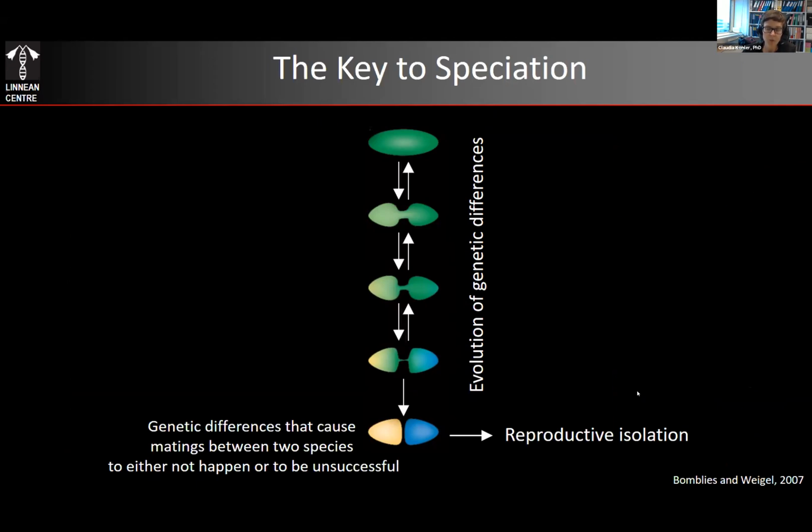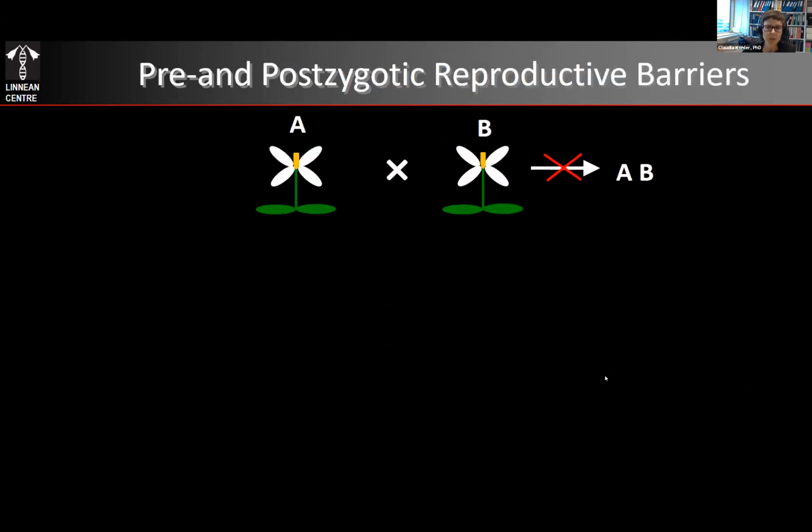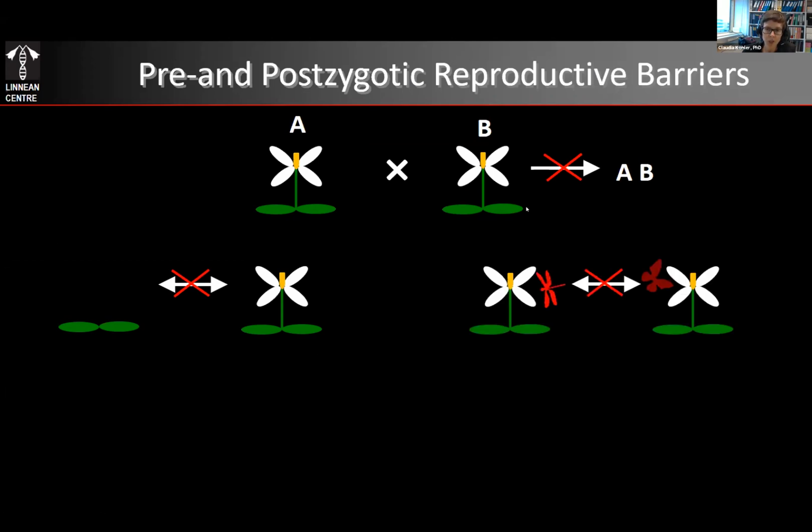And there are a multitude of reproductive barriers that either act before fertilization, and we term them prezygotic mechanisms, or after fertilization, and we term them postzygotic mechanisms. In both cases, they prevent the formation of a viable hybrid. Just to give you a few examples for prezygotic mechanisms, this can be, for instance, differences in flowering time or adaptation to different pollinators, or that pollen of one species is not able to germinate successfully on the other